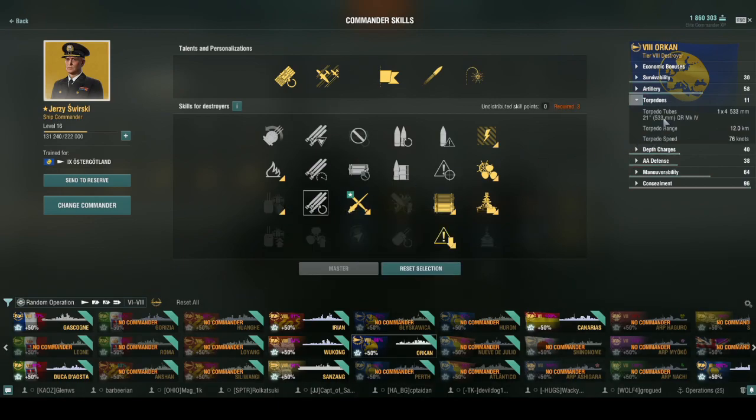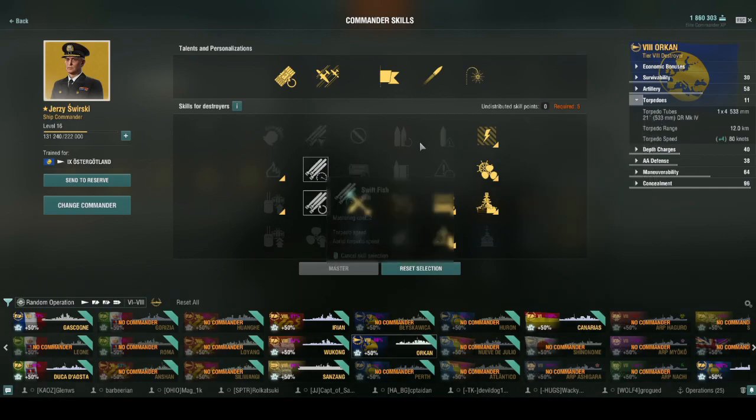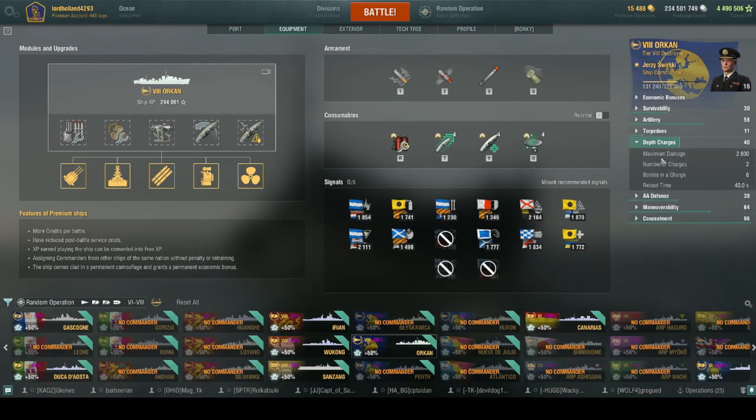Fill the tubes, reload goes down to 63 seconds, plus adrenaline rush, so that goes down even further. With the speed, you're doing 80 plus knots with the module and this captain skill. That is really fast for tier 8, and especially for ops. So these torps, they're not weak by any chance. They're actually very powerful. Now, depth charges, 2 charges, 6 bombs and a depth charge, 40-second reload time, and 2,800